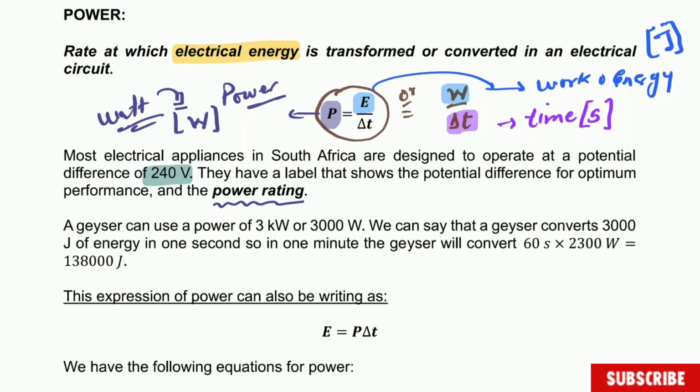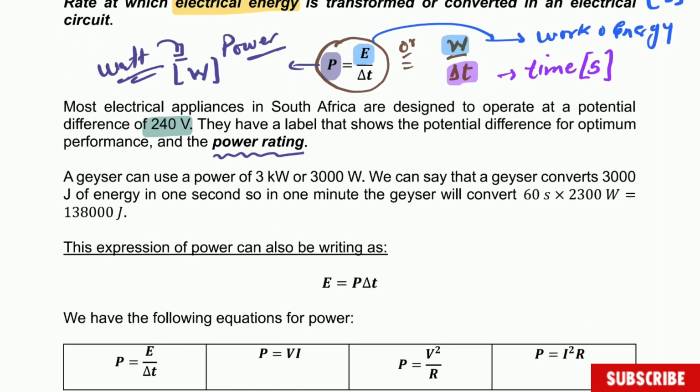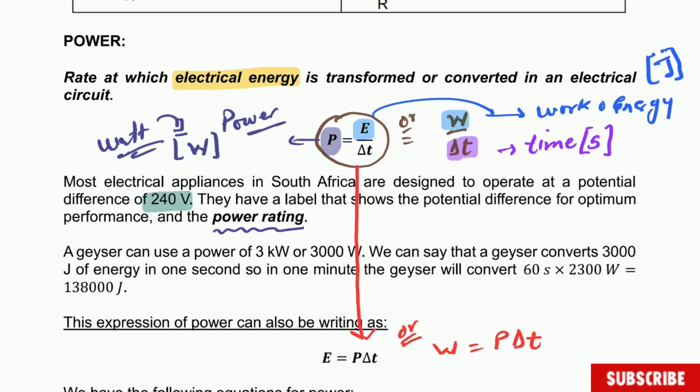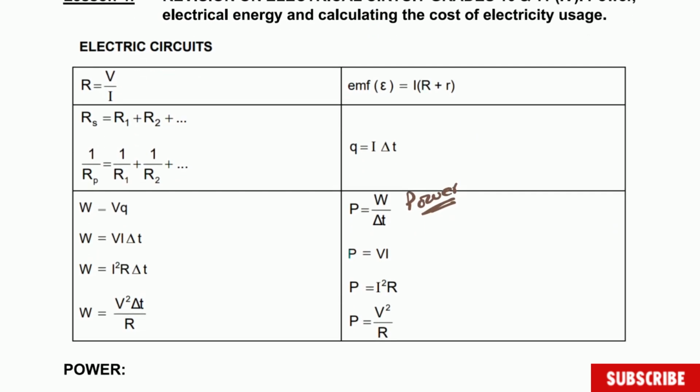Now, if we rearrange that formula, and note this is just a rearranging of the formula, this is the same formula, just rearranged there. You have that energy is equal to power multiplied by time. But instead of that one, let's write this with a W, which is at the end the same thing. I'm just changing the symbol. So it is here a W. It is the same thing, just rearranged. In the formulas in the exam, it is given in that specific way, the definition of power, but note that you can actually